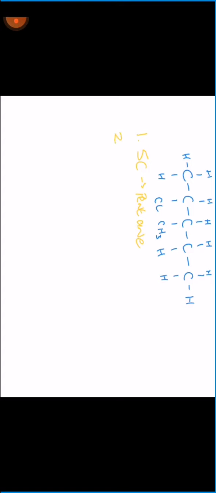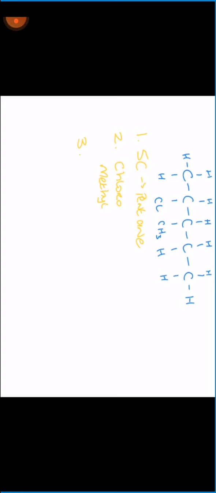Step 2 then is to identify any substituents that you have. And I can see that I have 2 substituents here. I have a chlorine and I have a methyl. So chlorine will always be called chloro, and it will be the same if you have bromine, it would be bromo. And then you have methyl, a methyl group as well. So step 3 is to number your carbon chain, and you number it so that your substituents have the smallest possible